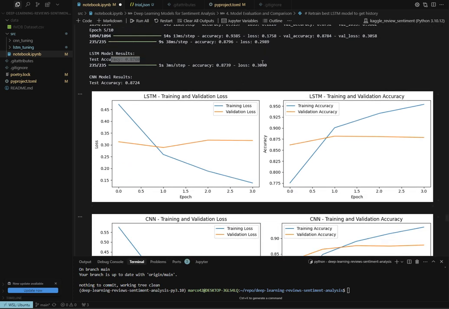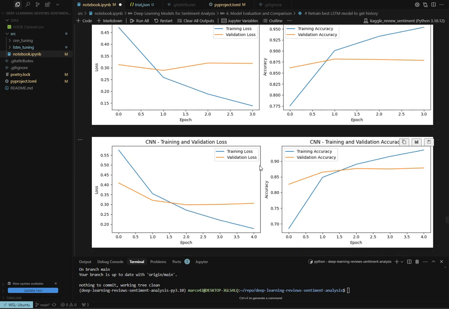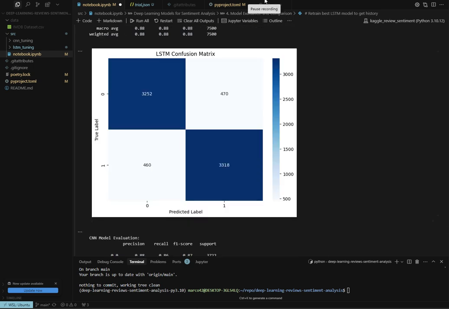I really like this graph here because it clearly shows that as the epochs progress, the loss function decreases and the accuracy function increases for both models. It starts here at around 50%, which is very typical, and it goes down to under 20%. In this confusion matrix,